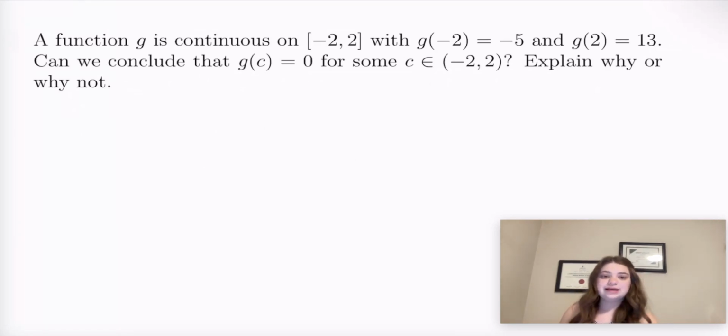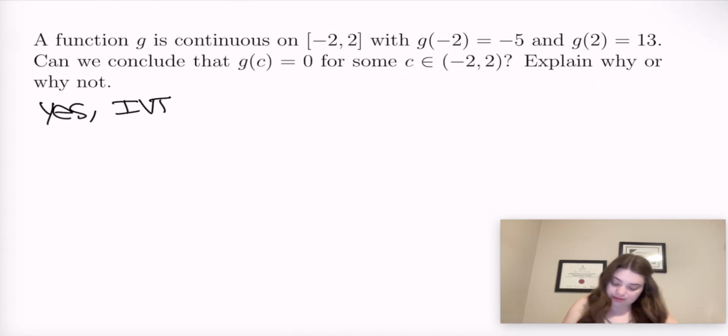All right, the last one says a function g is continuous on negative 2 comma 2, with g of negative 2 being negative 5 and g of 2 being 13. Can we conclude that g of c is equal to 0 for some c from negative 2 to 2? Explain why or why not. So in this case, yes, because all the properties of IVT, of intermediate value theorem, are met, right? So I'm going to say yes because the IVT hypotheses are met,